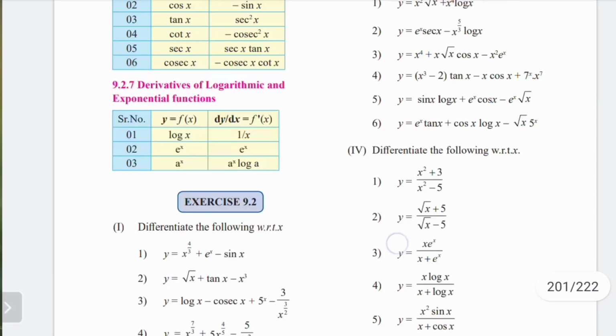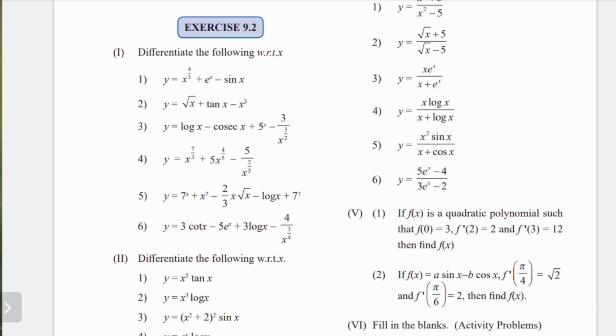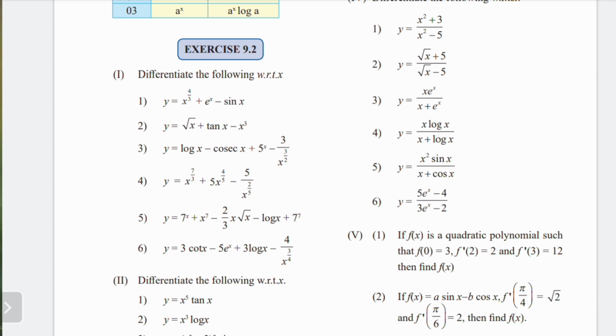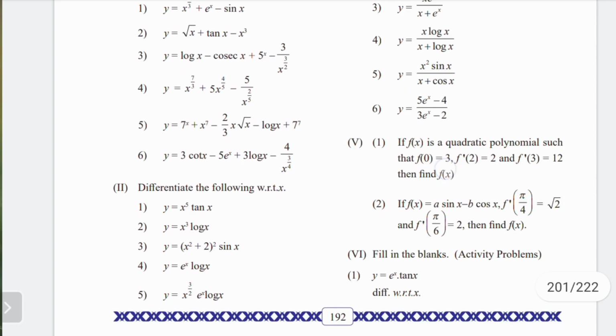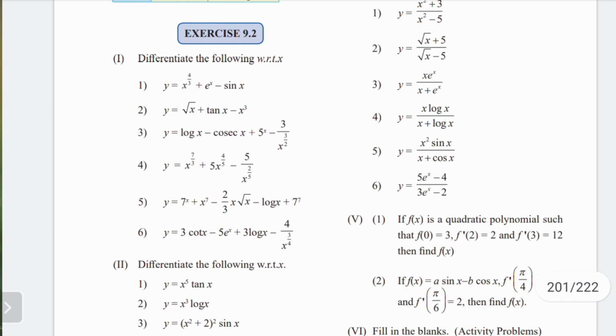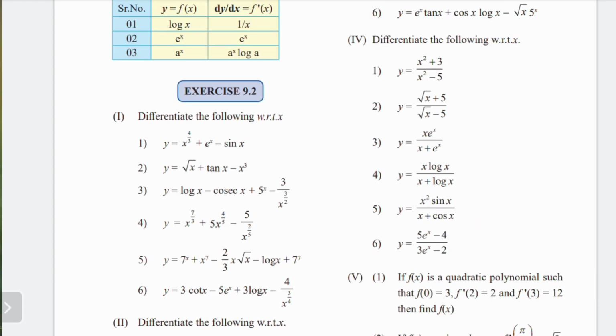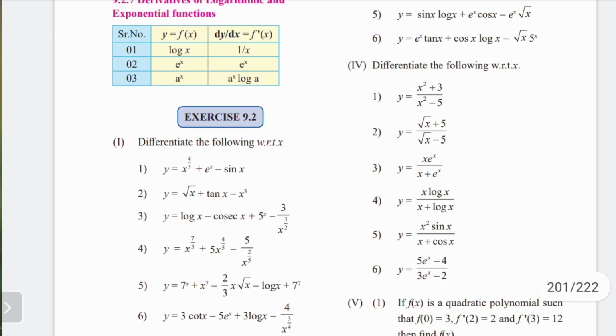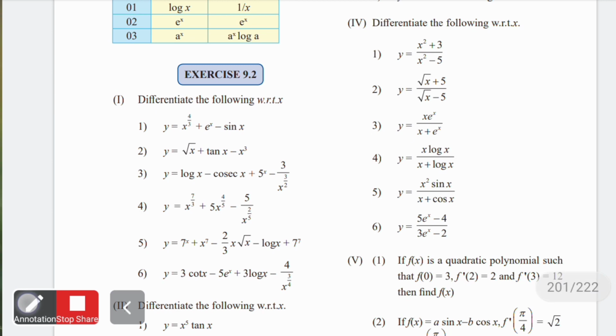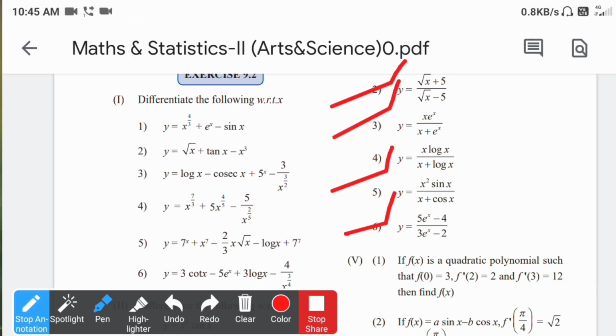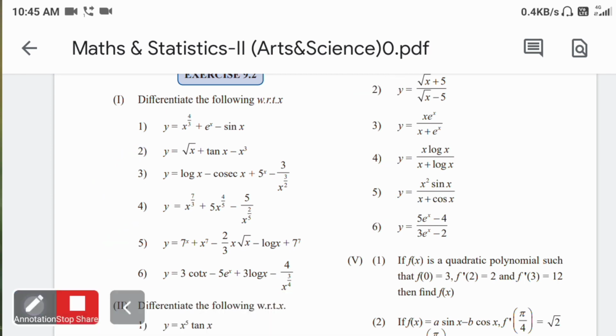So for this type of example, we have seen all the four methods for solving the various examples. You can simply try to solve these examples on your own, and if you find some difficulties, you can ask me or your mathematics friends. They are going to help you solve these examples. Try to use the UV rule of multiplication and division for most of these differential examples. For these examples you need the UV rule of division, but up to here you only use the UV rule of addition and multiplication.